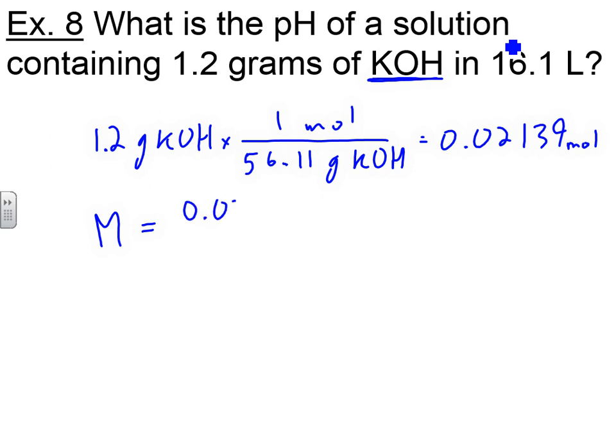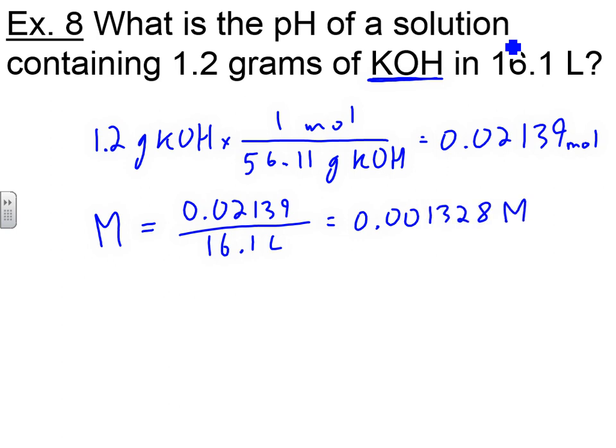In this case we have 16.1 liters. We should get ourselves 0.01328 for the molarity, and this is the number we negative log. So if we do pOH in this case, it is negative log of 0.001328, we should get ourselves